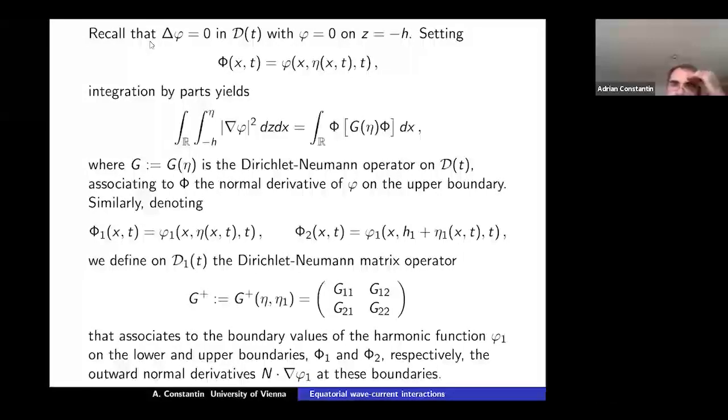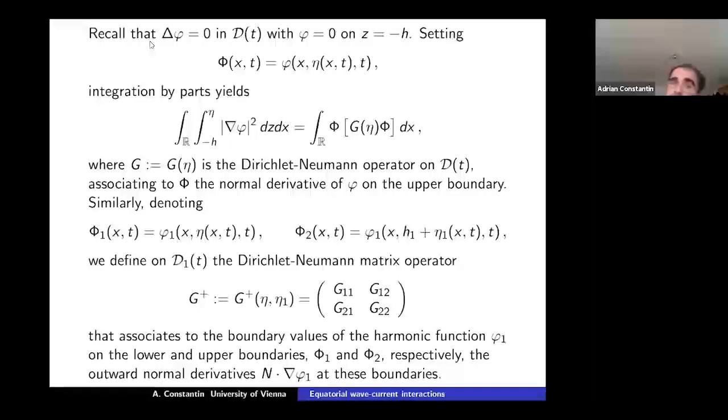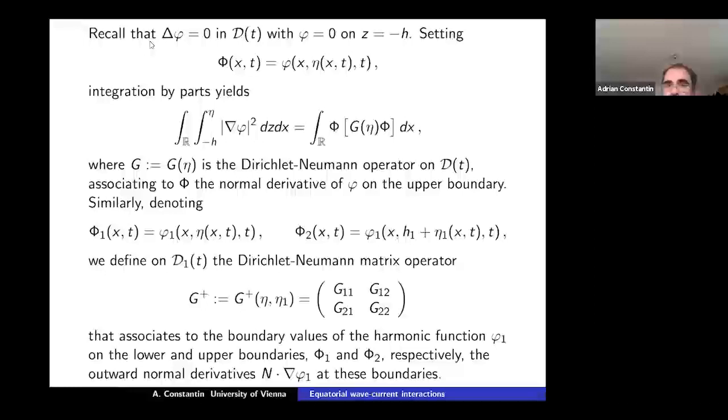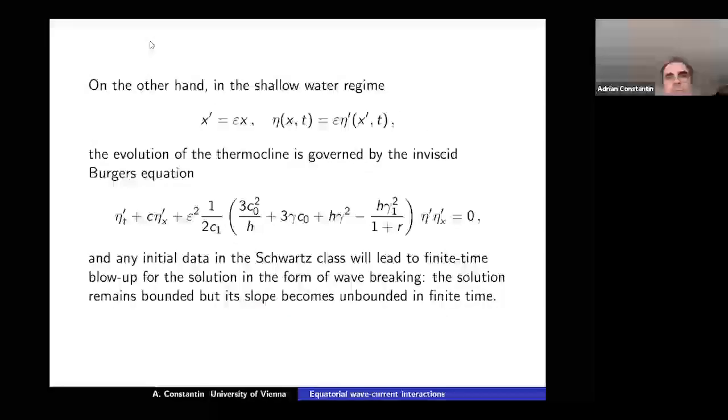The constant vorticity is advantageous because I can split the velocity field into a pure current form and a wave perturbation. And this wave is harmonic, the wave perturbation. That's a great advantage. So it means that underlying I have this phi and similarly the phi 1 are harmonic functions. And so what one does is one takes the restriction, for example. So I start with the lower. Let me just go a few pages forward. I should have it somewhere.